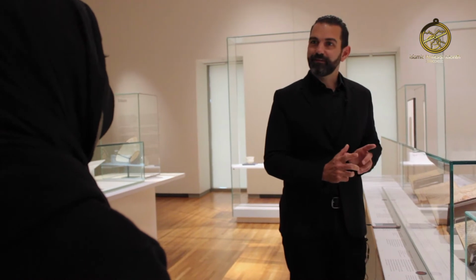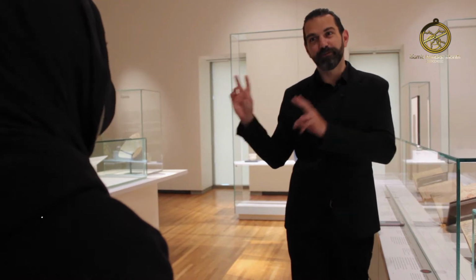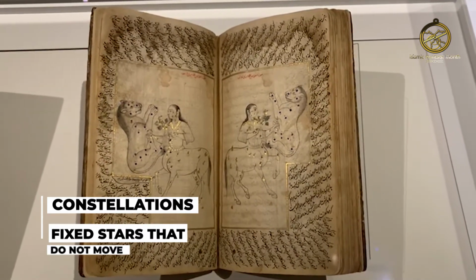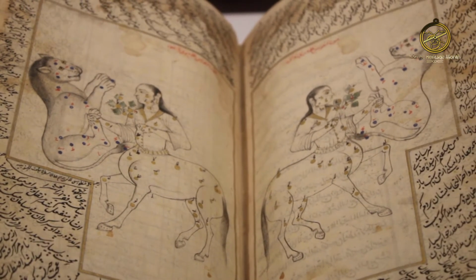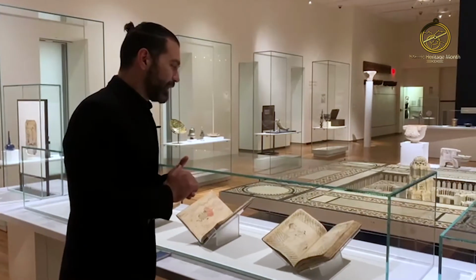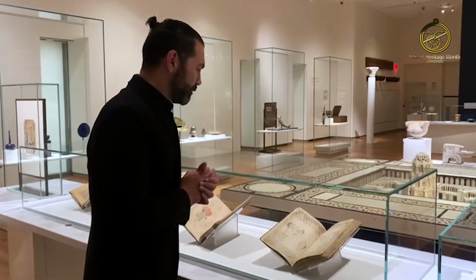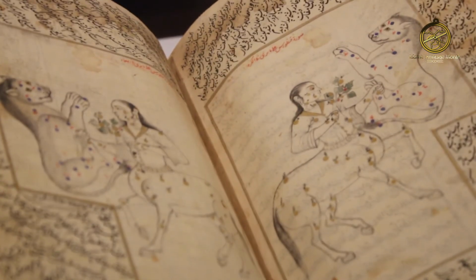Now, you'll notice in this manuscript that each of the constellations, these are the fixed stars as opposed to the planets, which are unfixed. They move in the sky when we look at them. The fixed stars, these constellations, are shown in mirror image. You can see one on one end and one on the other. They're actually the same constellation, just oriented in opposite directions. And the reason for that is because Al-Sufi wanted his text to be a teaching tool. He wanted people to look up at the sky and see the constellations and be able to correlate it to